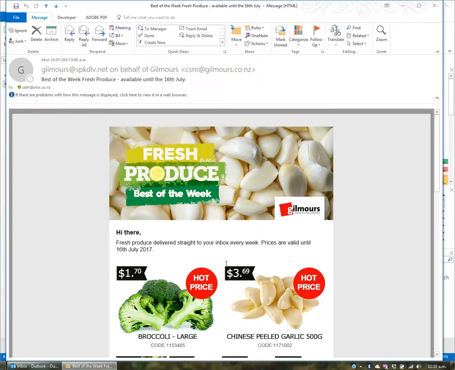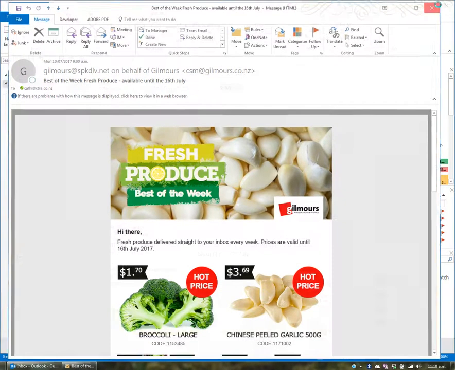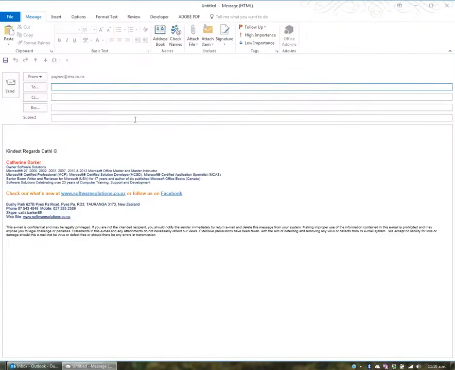So be aware, if you can't quite see, you can zoom, but you can also hold the control key and zoom in and zoom out. So I'm just going to close this again and create a new email, go into the message area, and yes,